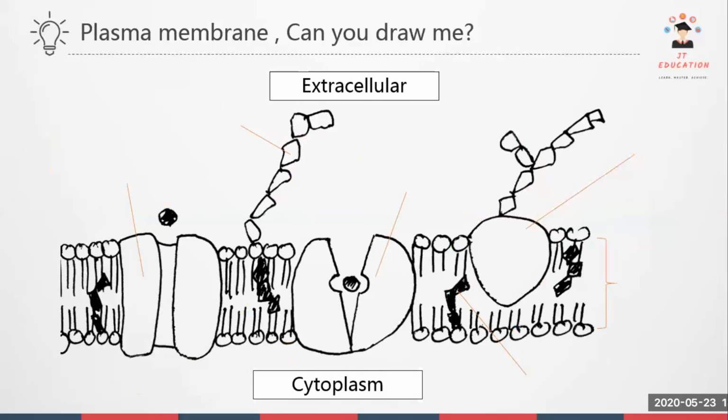I have an exercise here for you all. I would like you all to spend some time to draw the plasma membrane and label it. Firstly, please draw the phospholipid bilayer first, and then the channel protein, and then the carrier protein,